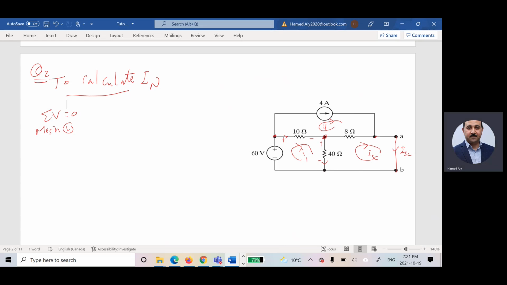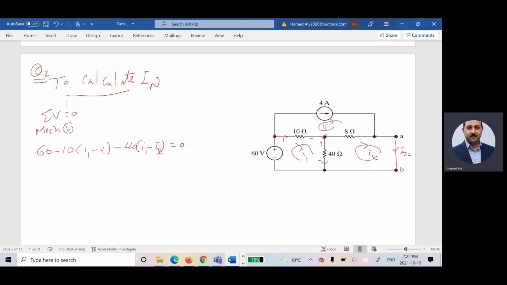So based on that, I can say the second sign for this guy is positive, the second sign for this guy is negative, the second sign for this guy is negative. So I can say 60 minus 10 multiplied by I1 minus 40 multiplied by